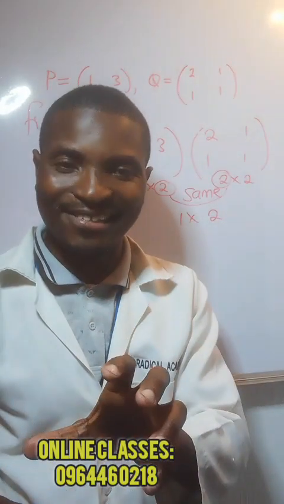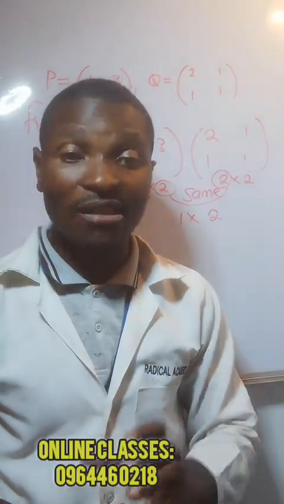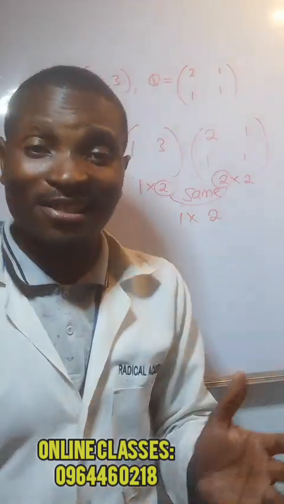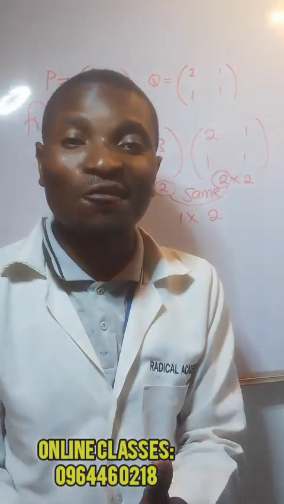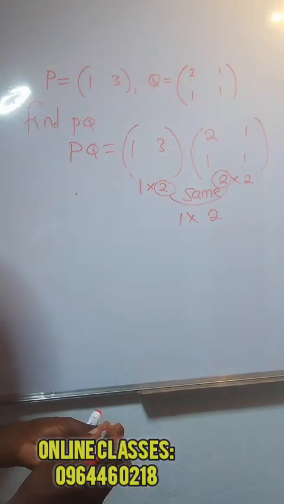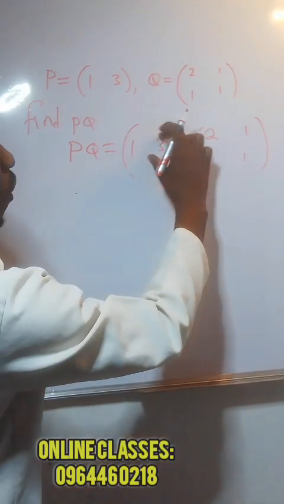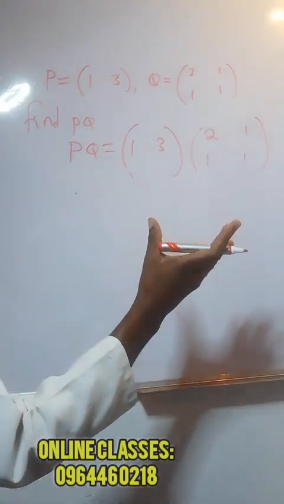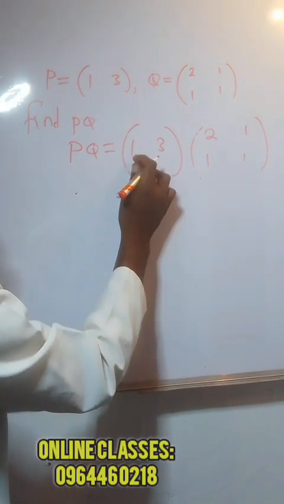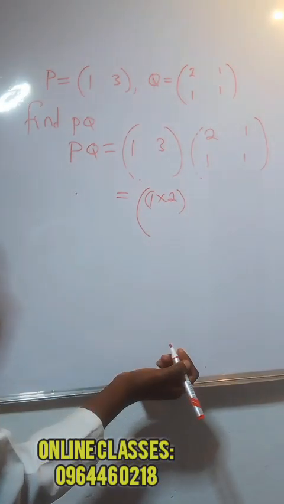If that is the case, then I can continue to start multiplying the two matrices. Otherwise, if that is not the case, then just say this kind of multiplication is undefined. I can't go on and multiply the two matrices. So how do we move now? I'm going to say row into column. This is how we multiply. So 1 times 2,